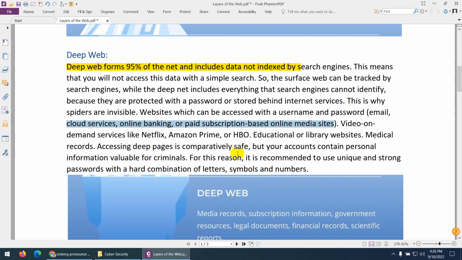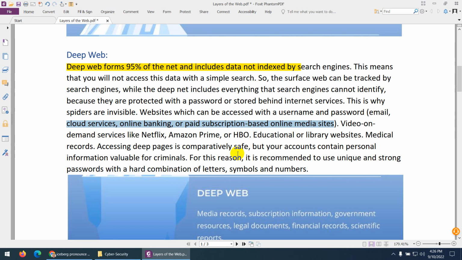such as video on demand services like Netflix, Amazon, HBO, and all those, such as educational and library websites, medical records. Nobody else can access this information directly, and this information is not available to anybody until and unless you have the specific link and type your username and password to access these resources.